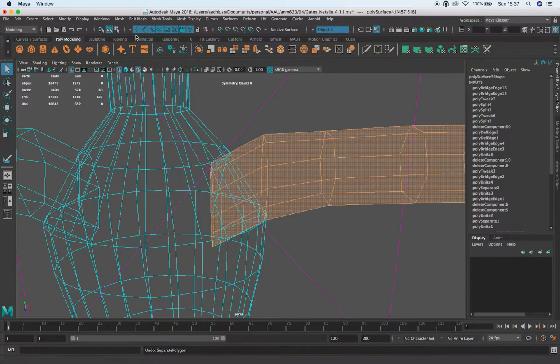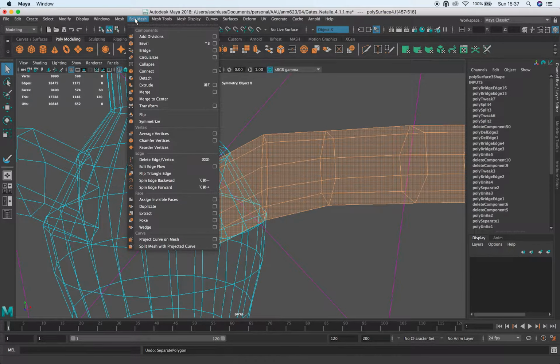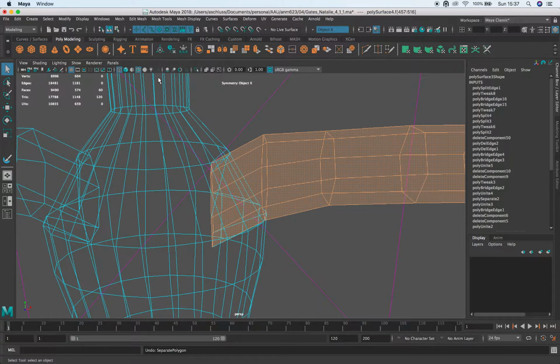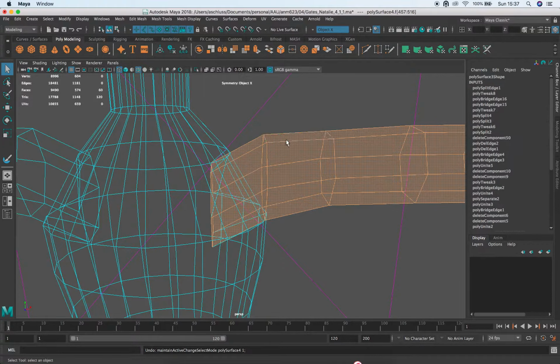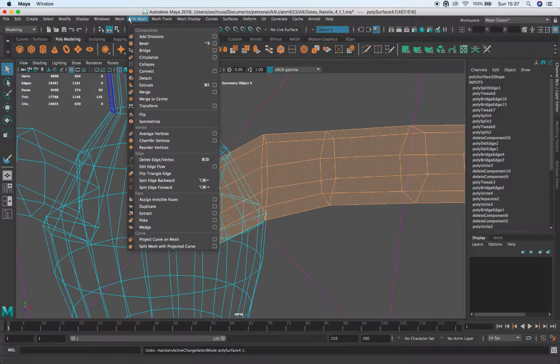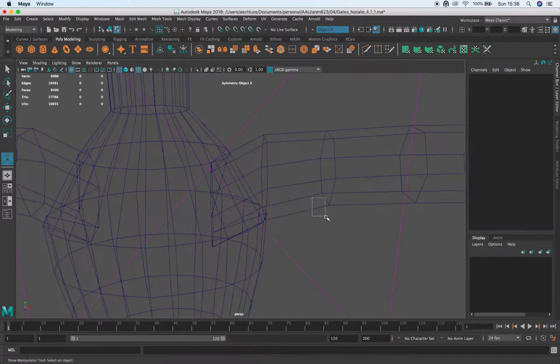Oh no, that's not going to work. I have to do... it's not separate. It's detach, right? Nope. What is it? Oh, jeez. Extract. Sorry. Yeah, there we go. Sorry about that. Okay, so